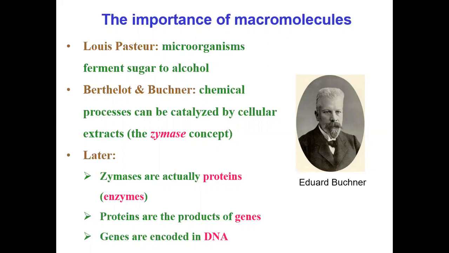And they didn't know what these extracts were in terms of their chemical compositions, so they just named them zymases. And only later, it was found that zymases are actually proteins that act as catalysts or enzymes. And you can see the similarity between the word enzyme and zymase. So proteins were the first to be discovered, at least